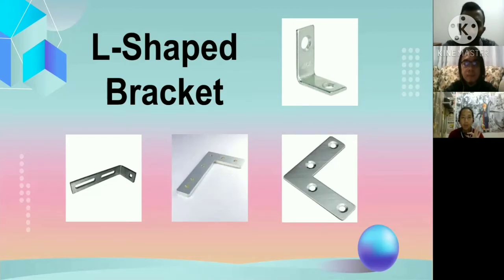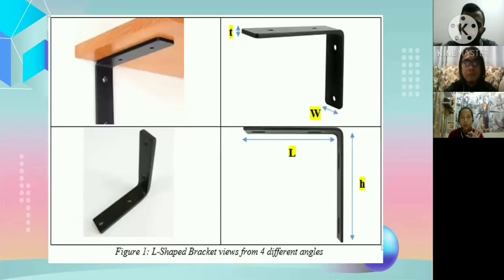Generally, L brackets are used to hold or hang a shelf on the wall, and L-shaped brackets are a subset of angle bracket. As we can see, there are two parts usually joined at a 90-degree angle where one L arm is longer than the other one. Basically, the long part goes against the wall or underneath the shelf. So this bracket is made of metal which can begin to creep under a certain temperature.